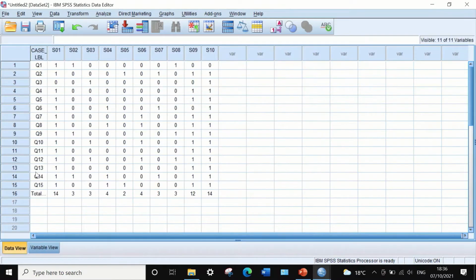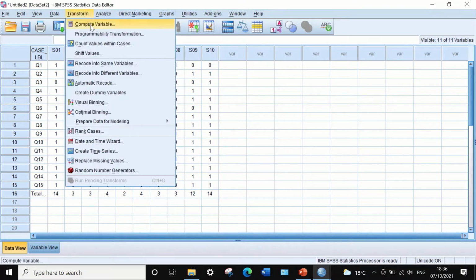Again, we can see here, if we click on the data view, that the questions are in rows and the student or cases or participants are in column. Now the next step is to calculate the P. P is the proportion of the correct answer, and the way to calculate that is to click on transform, compute